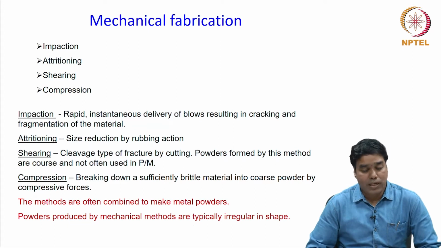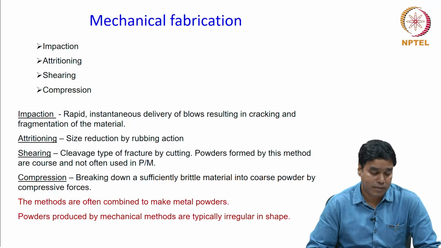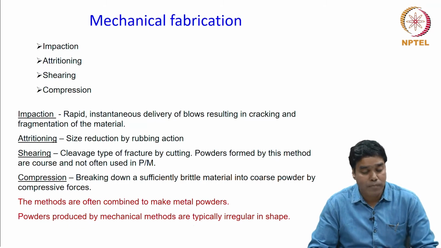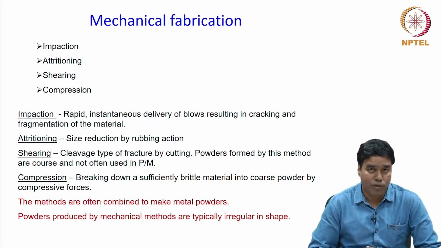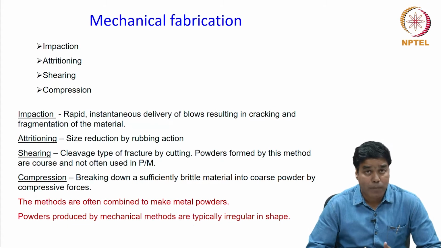So, this mechanical force can be applied by different means and ways. As far as powder processing is concerned, there are primarily 4 methods by which you can apply this mechanical force, and these are as follows: